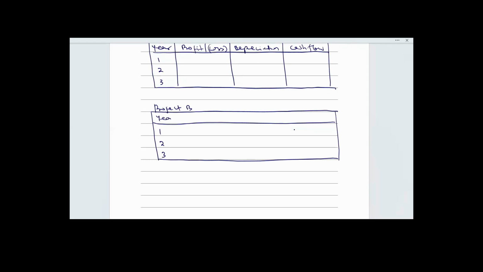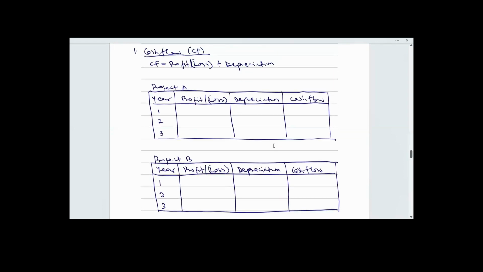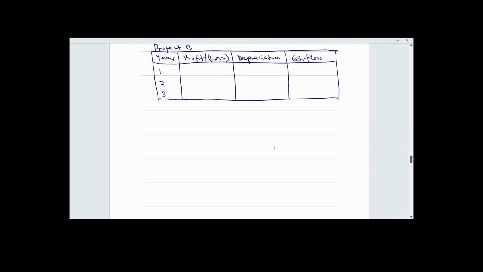So year, profit or loss, annual depreciation, then cash flow, which is what we are looking for. Therefore, now that I've designed my table for each of the projects, I need to calculate depreciation because, okay,